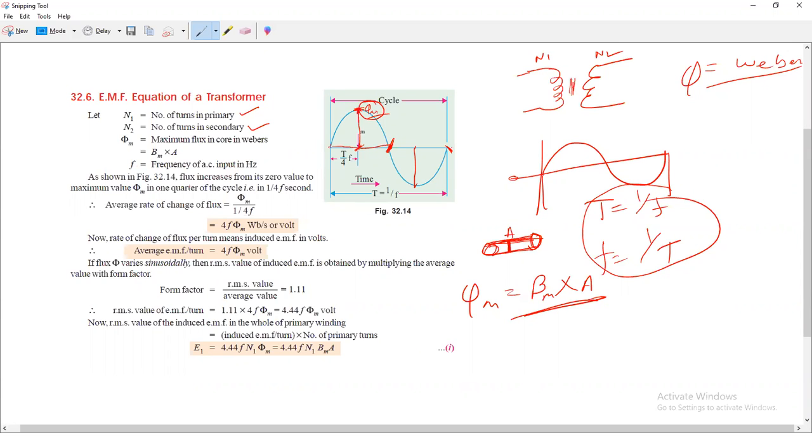So you know that our EMF is equal to our voltage. Our voltage is equal to charge by time. Okay, voltage is equal to,